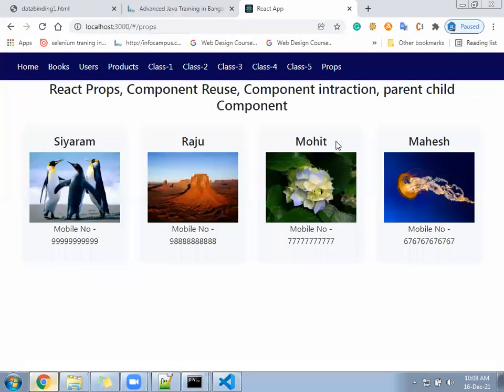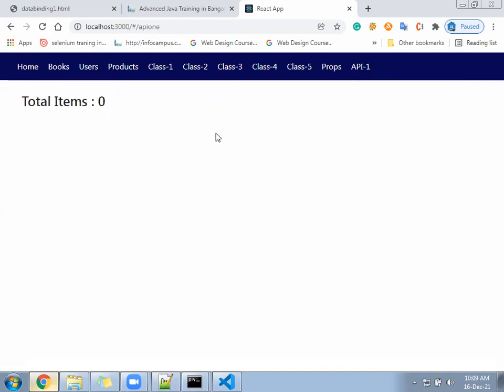So hope your data is coming here. API1 page is ready. Total items are how many? Zero. Zero or more than that? Because as of now, our array is an empty array. It has nothing inside.